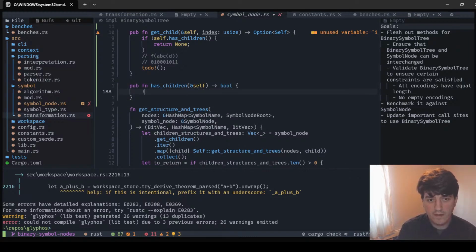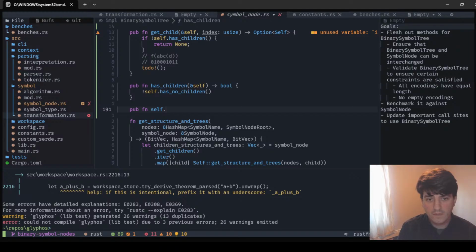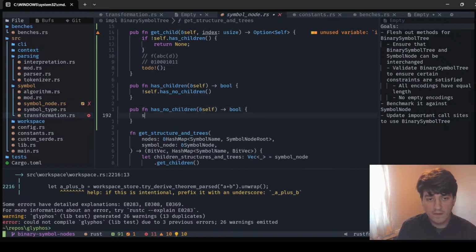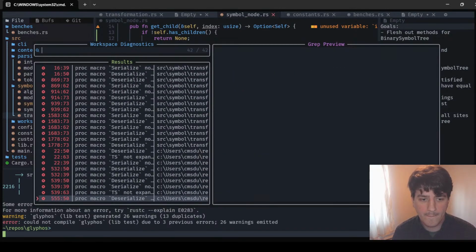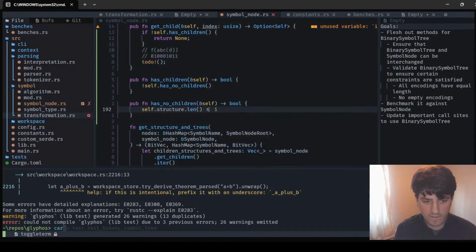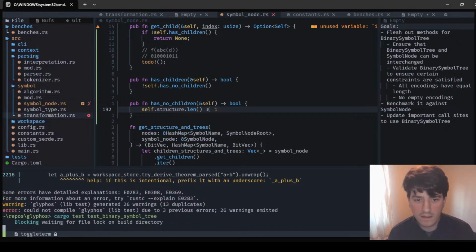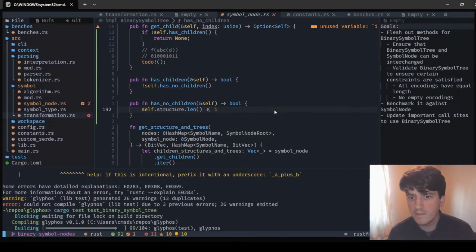Like literally, it's just not self dot has no children, which is has no children, and that's self dot structure dot length is less than or equal to 1. Right. I believe it seems to be